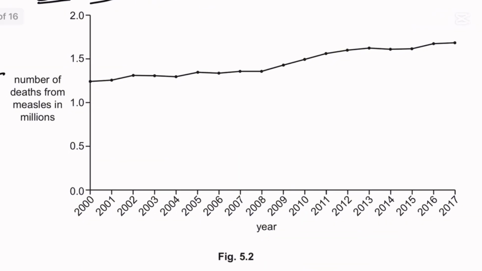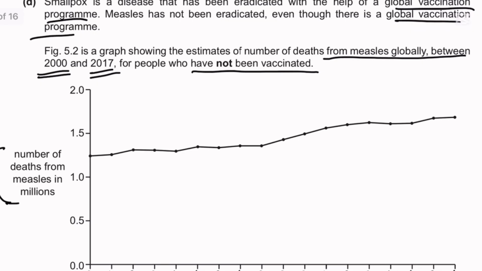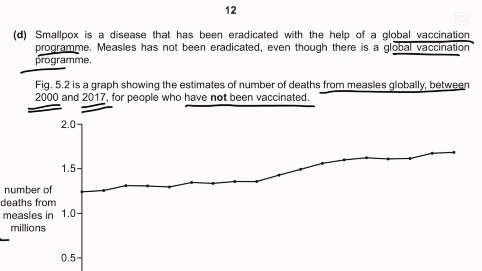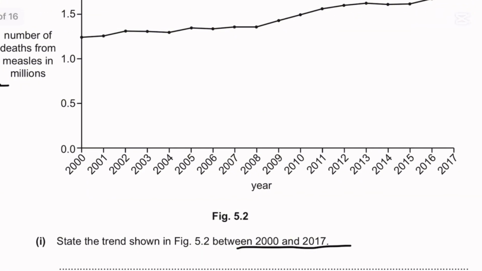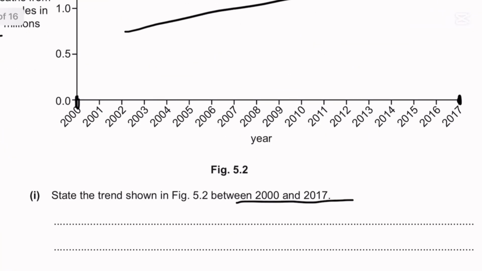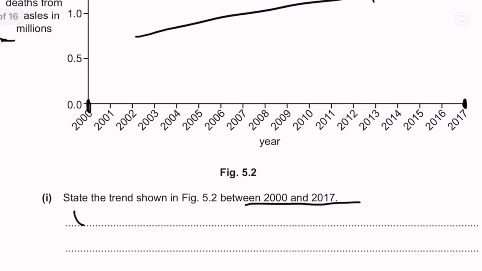And you can see the number of deaths per million, and over the years the deaths keep increasing for people that are not vaccinated, which means there are more people not being vaccinated. The question says state the trend shown between 2000 and 2017. From the beginning till the end, there's a constant increase in the number of deaths from measles. Since this is just a one mark question, just writing down this trend, a steady increase